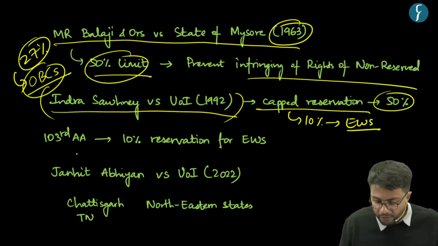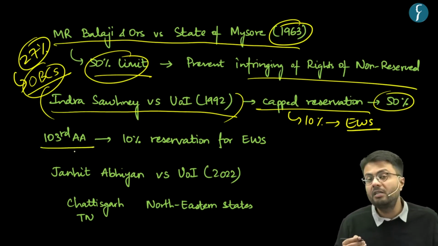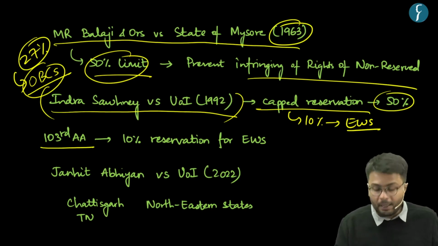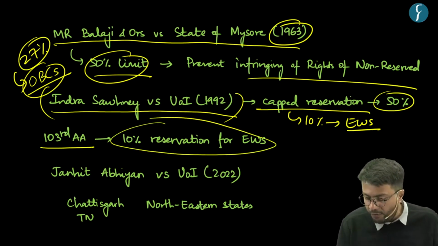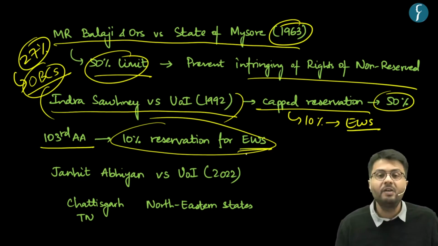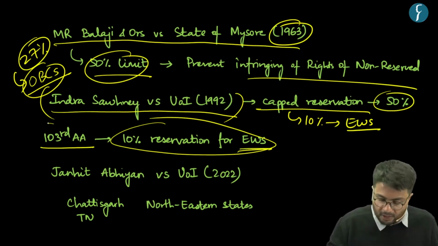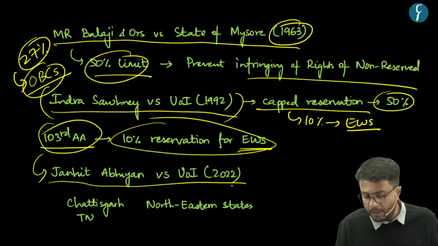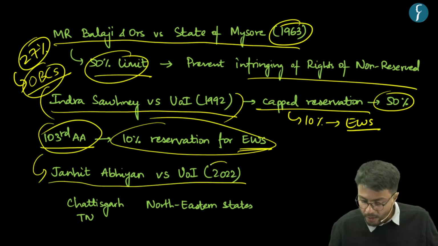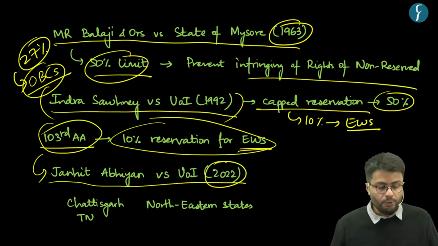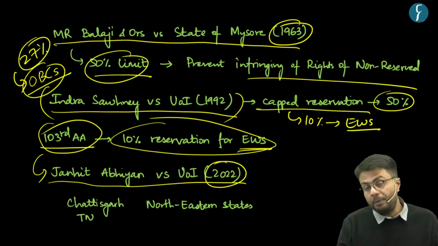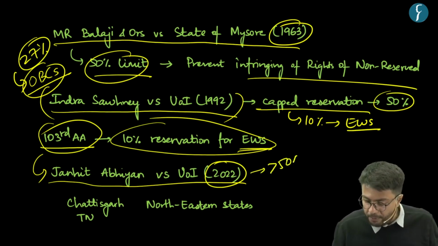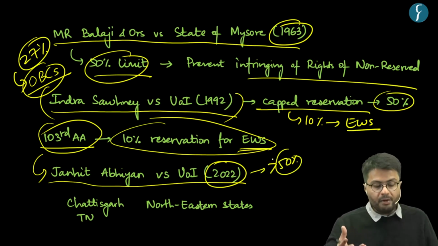However, the Government of India brought the 103rd Amendment Act of the Indian Constitution. This Amendment Act provided 10% reservation for the economically weaker section. And this particular amendment was upheld by the Supreme Court in the Janhit Abhiyan versus Union of India case, which was in the year 2022. Hence, the Supreme Court highlights that reservation can go beyond 50% in order to provide reservation for